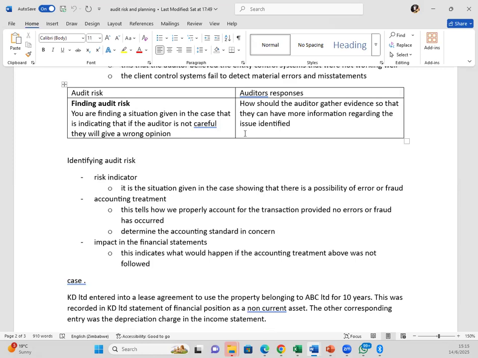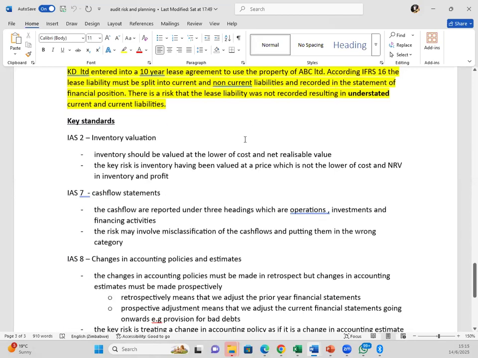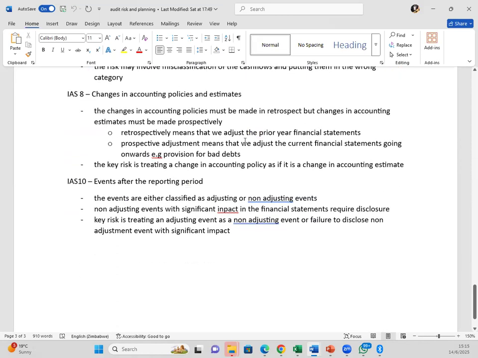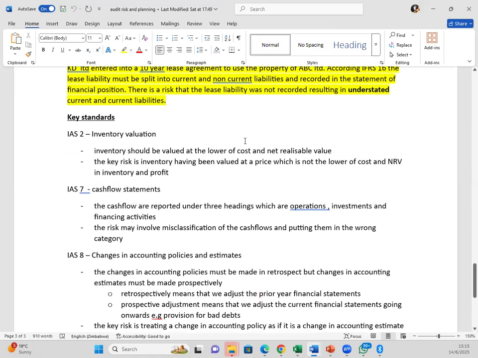So we want to know whether it will result in assets being overstated, assets being understated, or assets being misstated. If you want detailed knowledge regarding this, you can go back to our previous session and look at that. So now let's proceed from where we were. The last thing we were doing, I was looking at the key standards that you must have an understanding of, because you will realize that